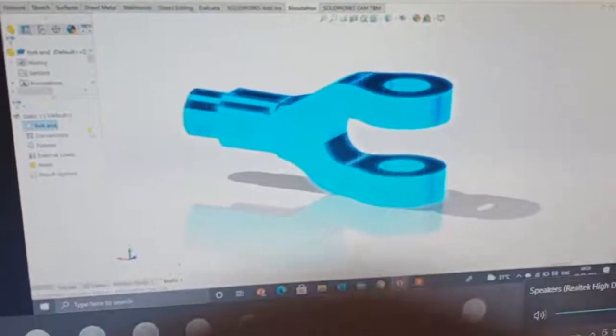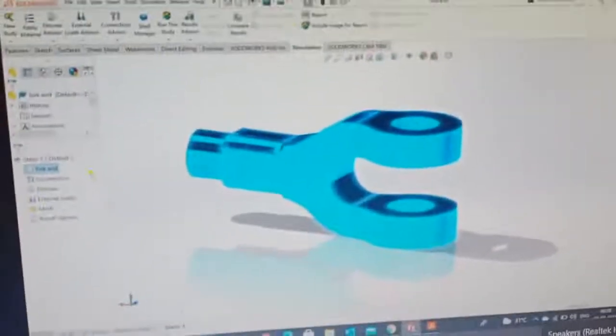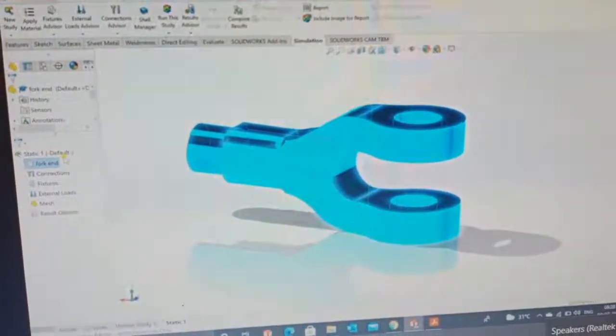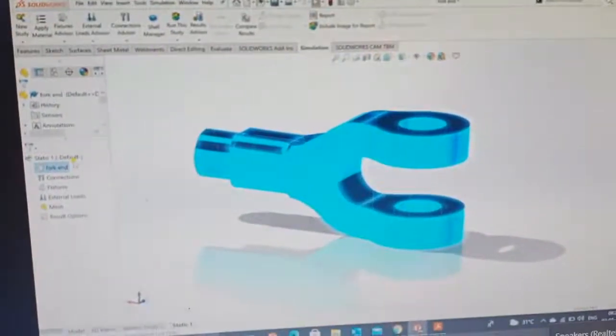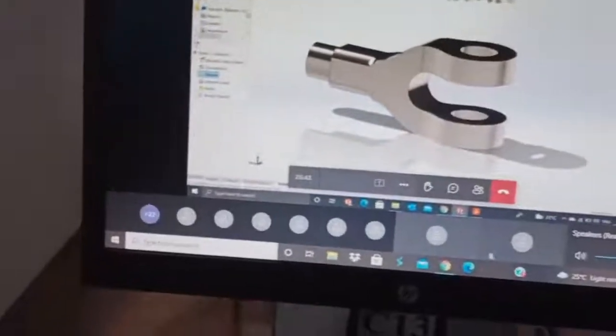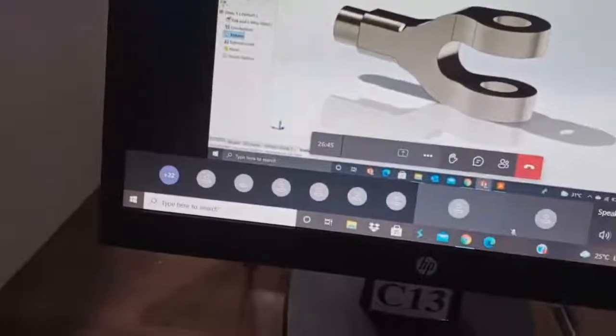You can simulate that and visualize, so that at the design stage only, you can make your design changes so that your design is fit for that market. So after the creation of your design, you can apply different kinds of material and different boundary conditions, like which end you are going to fix, at which end you are going to apply the external load, like stress or strain or any kind of force